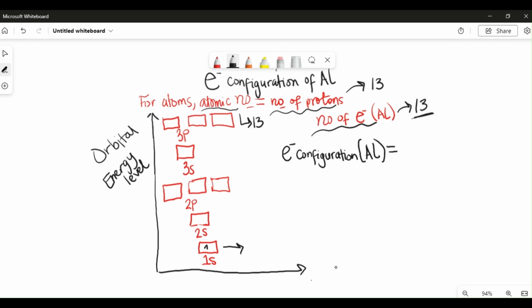So we have 1 and then 2 electrons down out of 13, so we have 11 more. So we have 3, 4, 5, 6, 7. Now, we've only used up 7, we still need to use up the rest, 6. But before we go on to do that, I need to tell you guys something. Since this p orbital has 3 suborbitals, the first orbital, the second orbital, the third orbital, hence 3 boxes, you're going to fill in each orbital